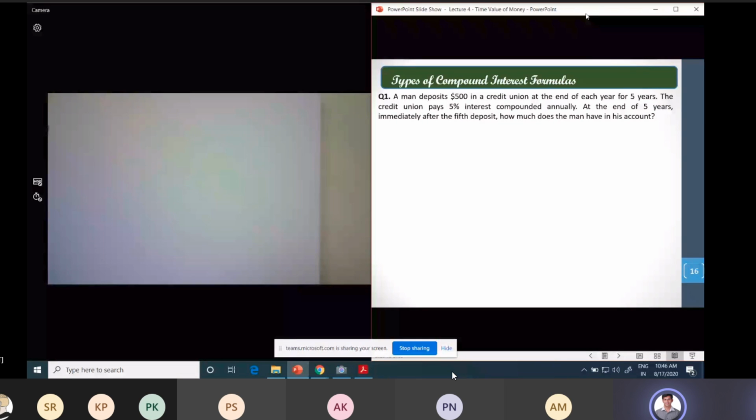Yeah, now can you see the screen? Yes, sir. Okay, fine. So I was talking about the two important points which we need to remember. The first thing is the present value of any amount you will get 1 year before the deposit starts. The second one is in the case of future value: wherever you do the last payment, there you will get the future value.